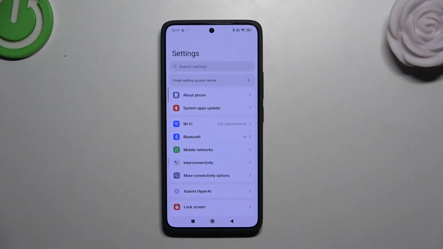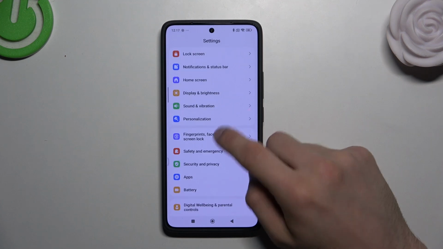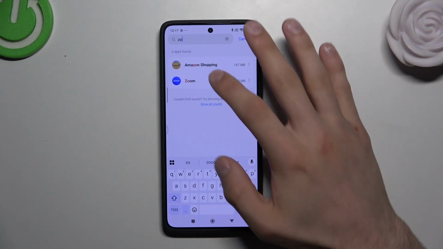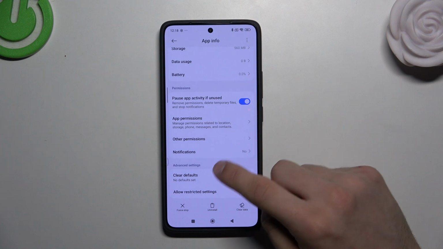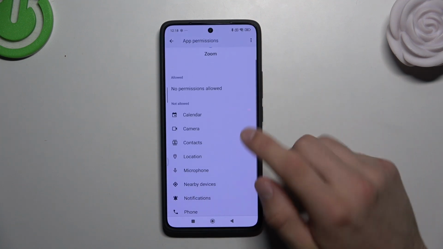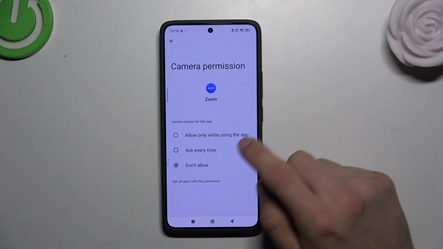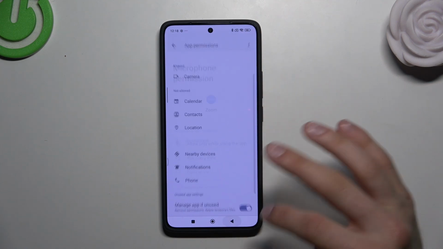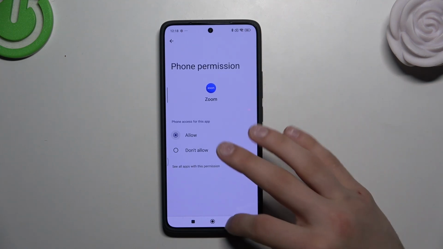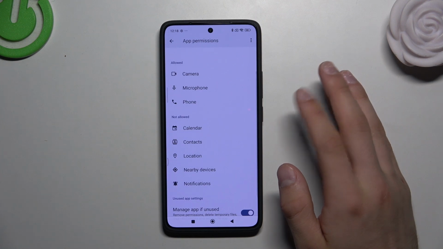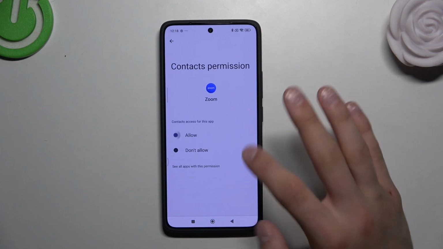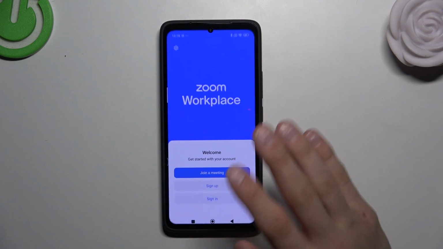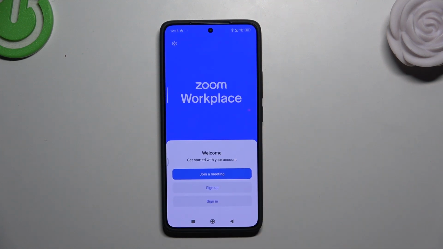We're going to settings, apps, and search for the Zoom. Here you go, and app permissions. So the main permissions we need: the camera, microphone, phone, and contacts. Here you go. Let's go to the Zoom again, and if it didn't help you,